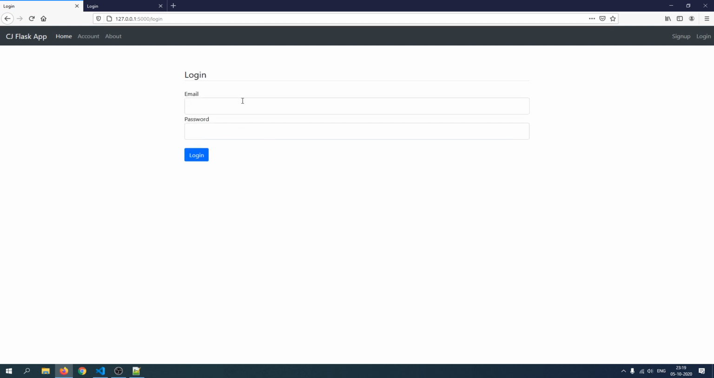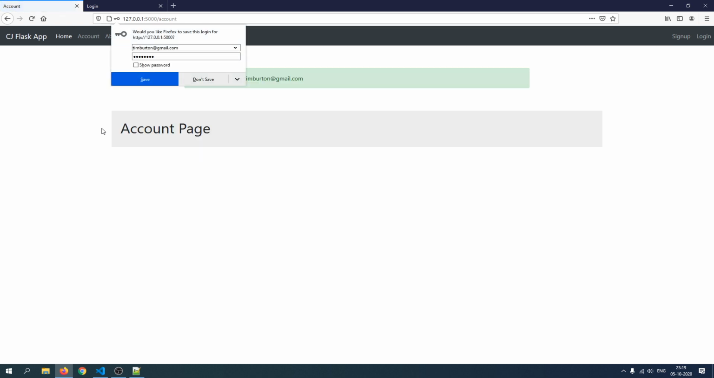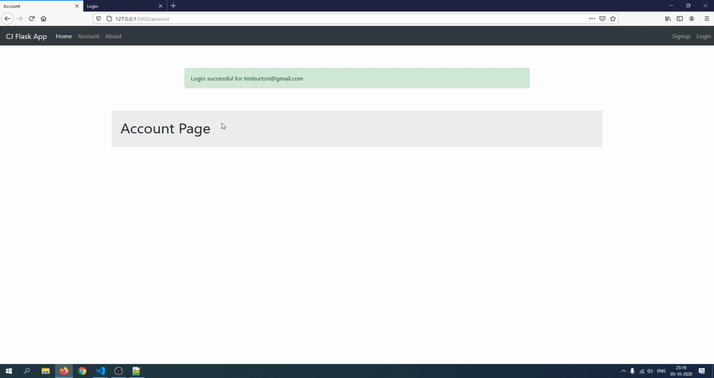Let's try to log in from that user. So that's timburton@gmail.com. Password was password. Enter it. And there we go. We have successfully been redirected to the account page, and the message displays as well, login successful for timburton@gmail.com. All right, so we have successfully added Flask SQLAlchemy as our database, and if this was a production environment,